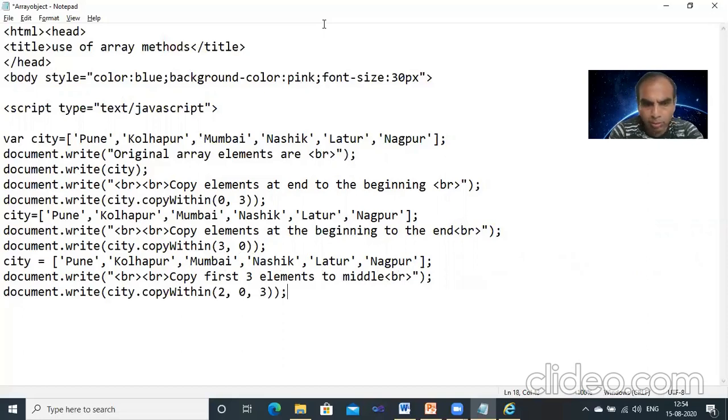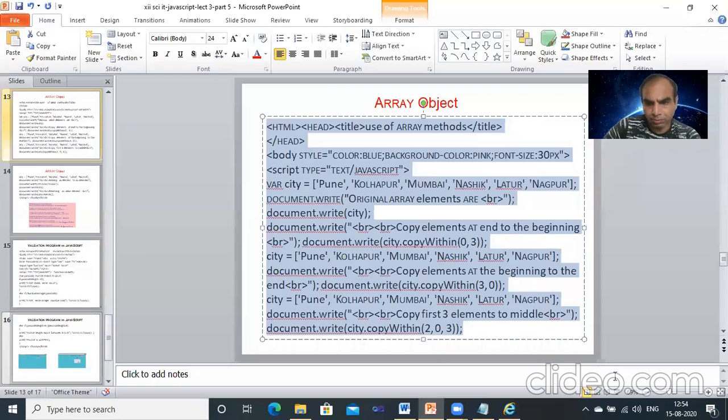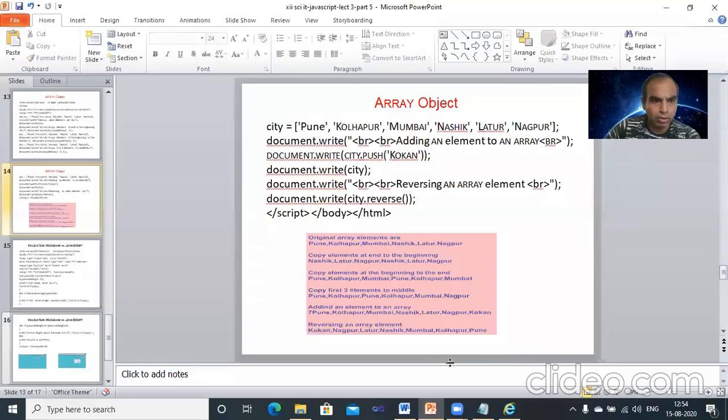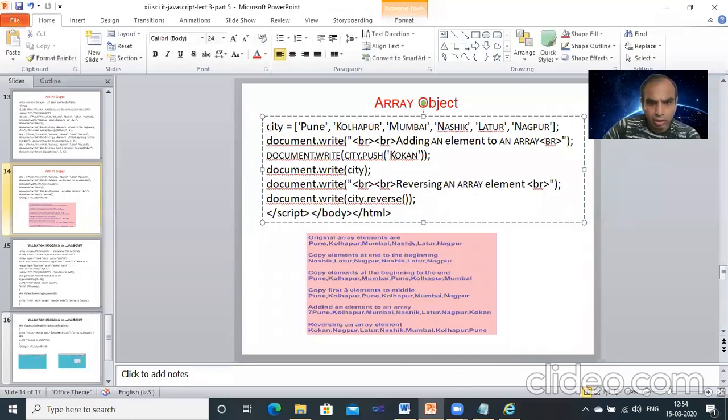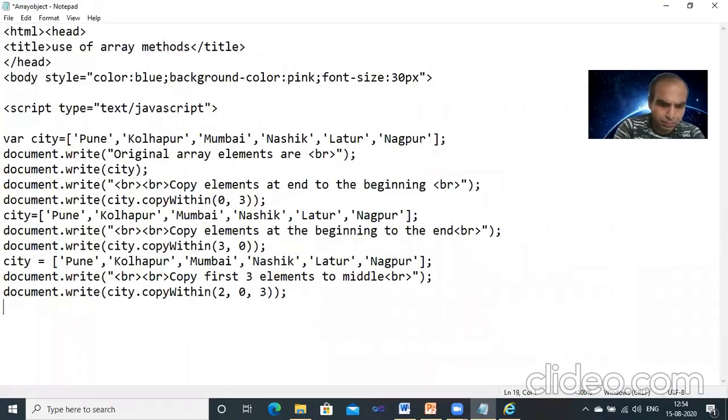This is how they have used scripting. Then they continue with their city list, and with push they insert one more city, or delete some cities. So they are showing that over there. I just copy that part.